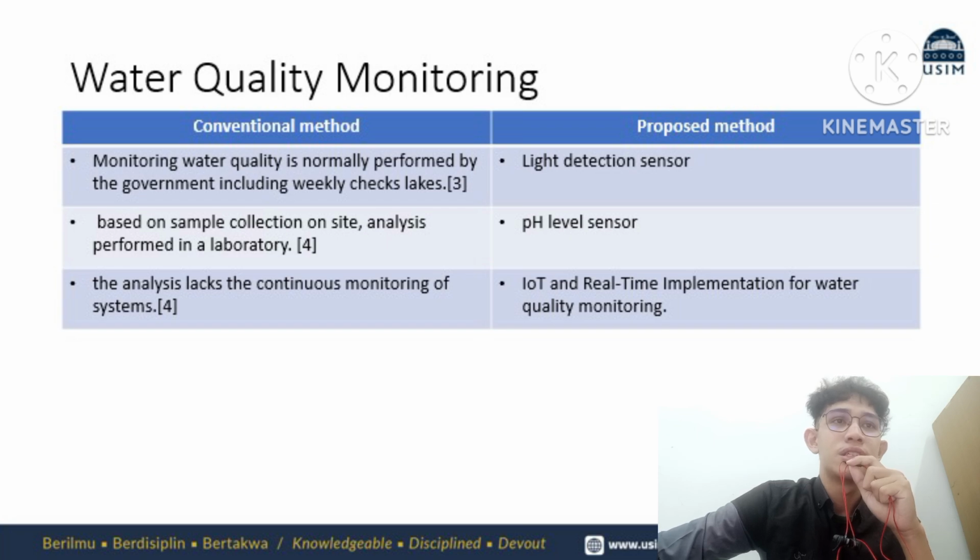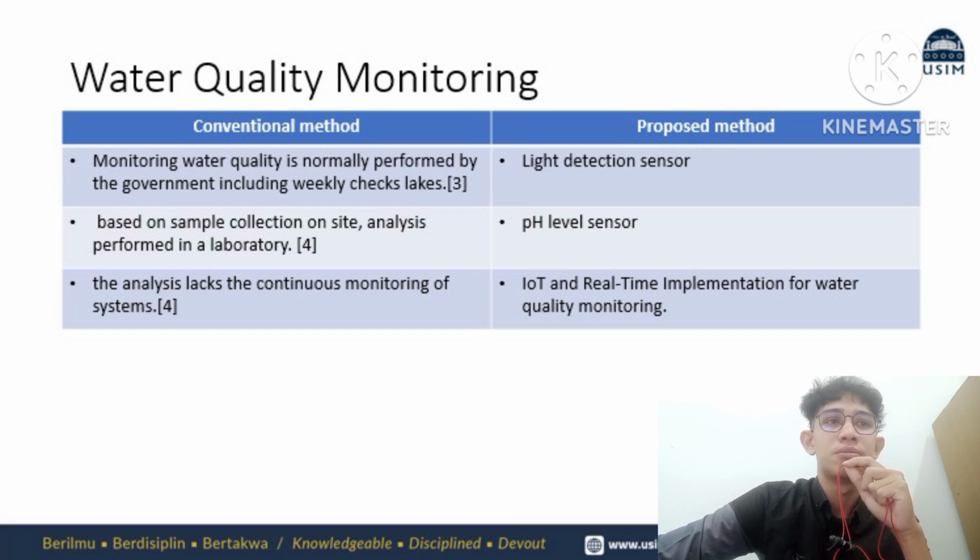So with that being said, we will use a light detection sensor to check the turbidity level, and it is very convenient for everyone to use. And also a pH level sensor can be used to check the pH level, and also IoT and real-time implementation of